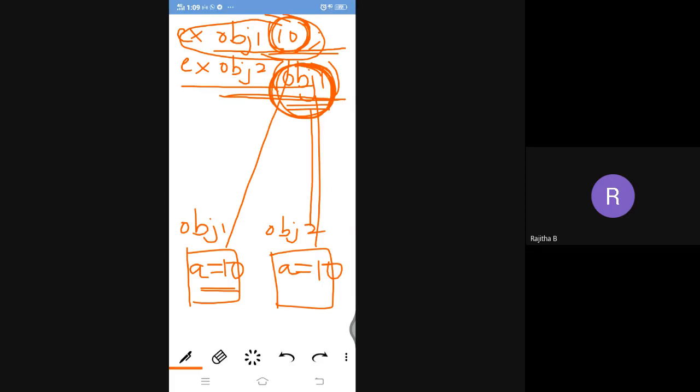So in the first case we are passing a parameter, and in the second case we are also passing a parameter, but the parameters are different. In obj1 of 10 we are passing the 10 value, and in obj2 of obj1 we are passing the object. Is this clear everyone?